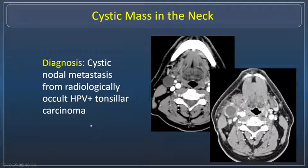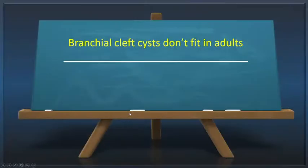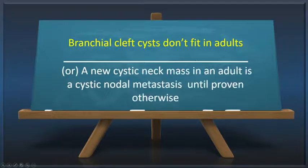It turns out the diagnosis in this case is a familiar one, and this was cystic nodal metastasis related to radiologically occult HPV-positive tonsillar carcinoma. So in this conference, you'll see this over and over, but it brings me to sort of a chalkboard moment here: branchial cleft cysts don't fit in adults, and we need to try to remember that. Or another way of saying that is a new cystic neck mass in an adult is a cystic nodal metastasis